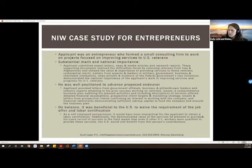All right, so let us move to the NIW case study for entrepreneurs. Earlier we went over quickly one potential avenue for an entrepreneur, and we'll talk about a different one now. In this case study, this applicant was an entrepreneur who formed a small consulting firm to work on projects focused on improving services to U.S. veterans. For the substantial merit and national importance prong, they submitted expert letters, news and media articles, research reports,